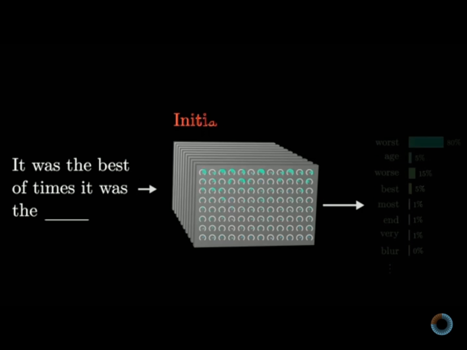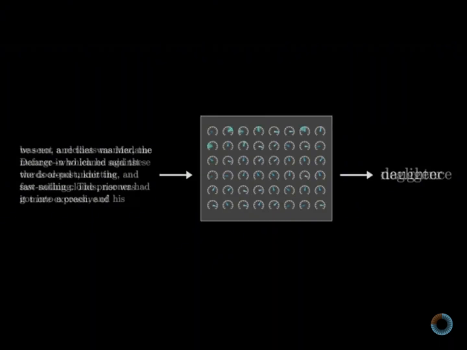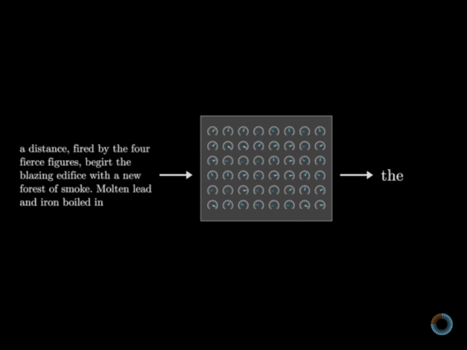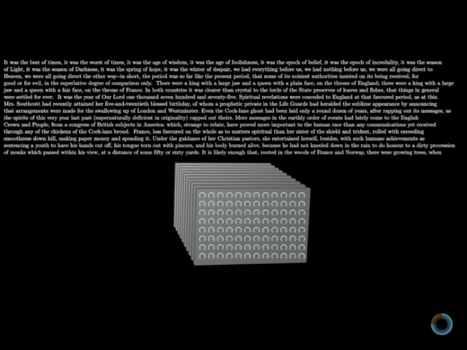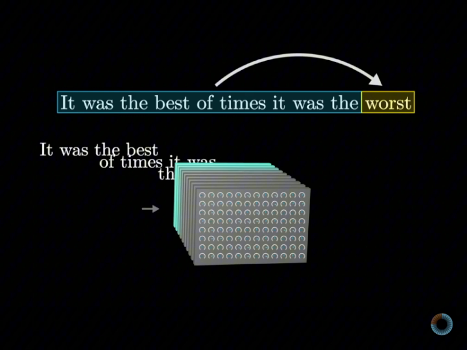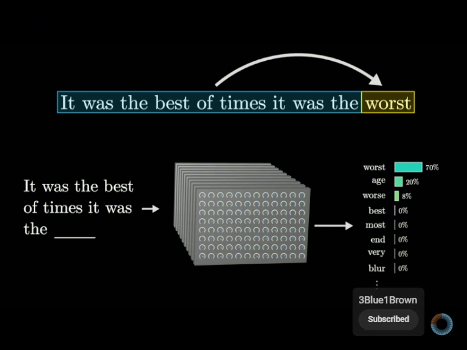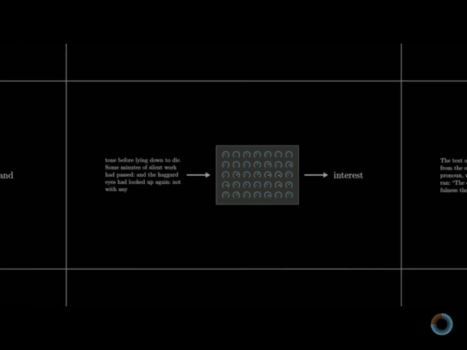No human ever deliberately sets those parameters. Instead, they begin at random, meaning the model just outputs gibberish, but they're repeatedly refined based on many example pieces of text. One of these training examples could be just a handful of words, or it could be thousands, but in either case, the way this works is to pass in all but the last word from that example into the model and compare the prediction that it makes with the true last word from the example. An algorithm called backpropagation is used to tweak all of the parameters in such a way that it makes the model a little more likely to choose the true last word and a little less likely to choose all the others. When you do this for many, many trillions of examples, not